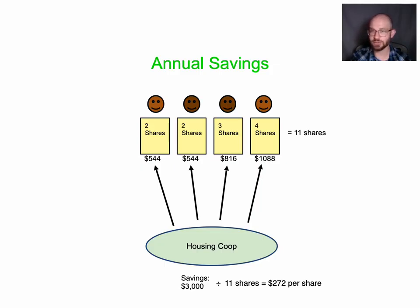Now again, this is in a housing co-op where the residents are their own customers. This isn't really profit, it's just savings that's getting returned to them. But it is profit in the sense that the person with more shares is making more than the folks with fewer shares, and they're getting that because they invested more. If everyone just owned 2 shares or the equal number of shares, then everyone would be getting the same amount of money. So when folks own different share amounts, there is some amount of money to be making